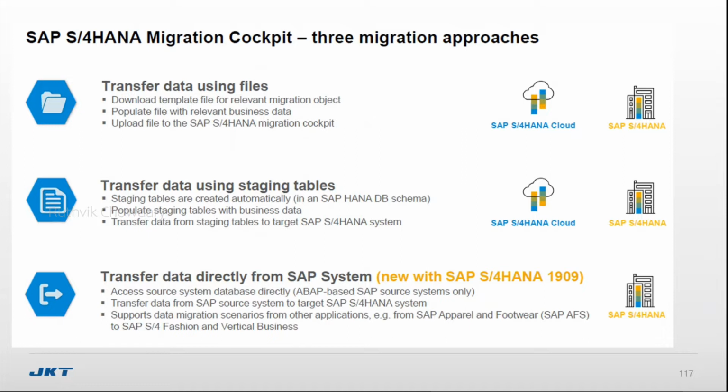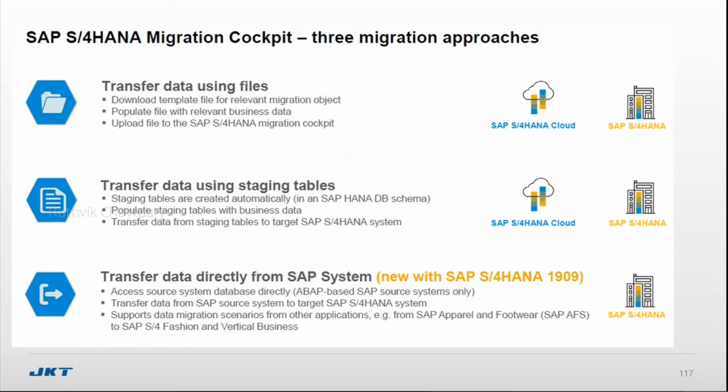From a non-SAP system to SAP also we can do it. For example, you are in an Oracle ERP system, and in that Oracle ERP system, let's say for customer related data, there is some ABC table. We will link that ABC table to our S4HANA VBAK table, and then the data will be migrated from one table to another table. That is the staging table option.